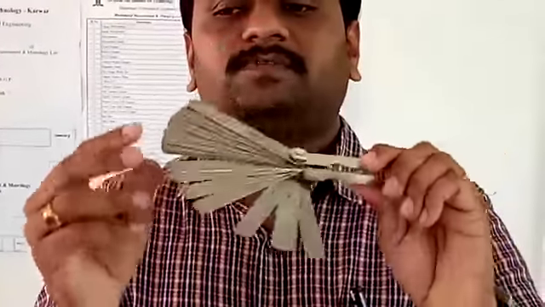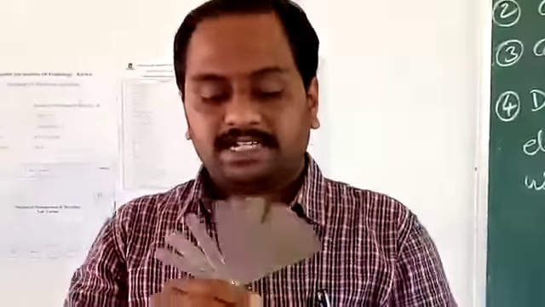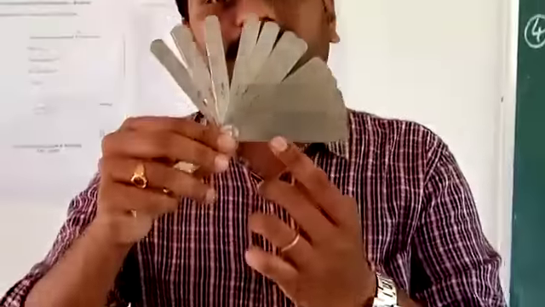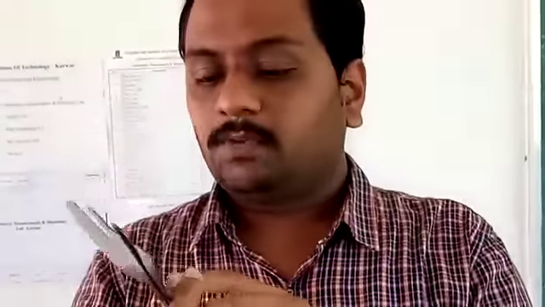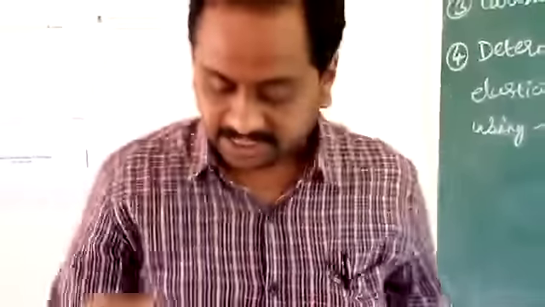And the next one is the filler gauge, which is used for measuring the gap between surfaces, also called the gap gauge or the feeler gauge. On top of all this, there are measurements. As you can see, the first measurement is 1.1 mm, that is 1 mm. These are some of the different gauges: radius gauge, filler gauge, and the thread gauge.